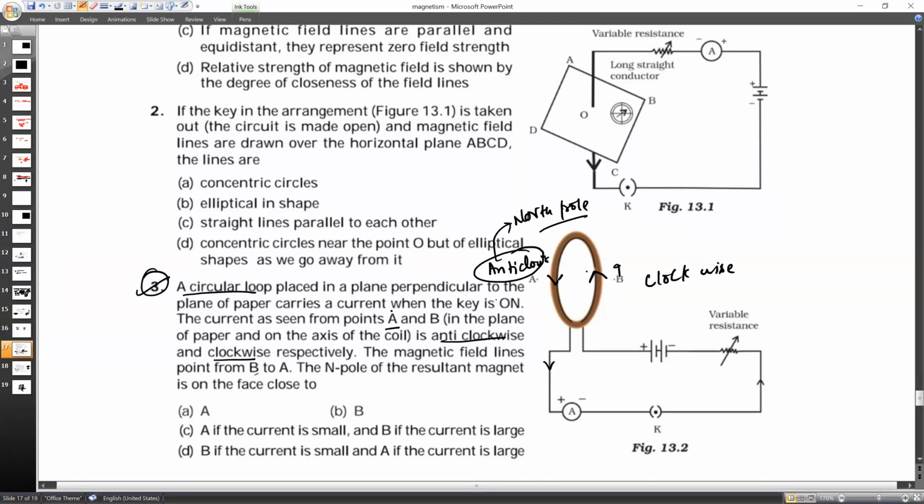So we can simply say that the face, point A, is facing anti-clockwise, and anti-clockwise is going to have the north pole. Now it is asking about the magnetic field lines from B to A. This is point A, this is point B. So the magnetic field lines inside the coil, you know that